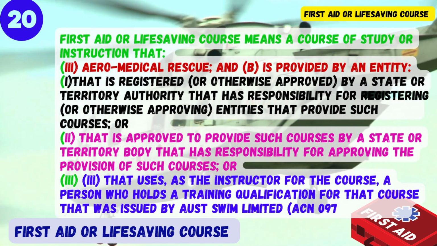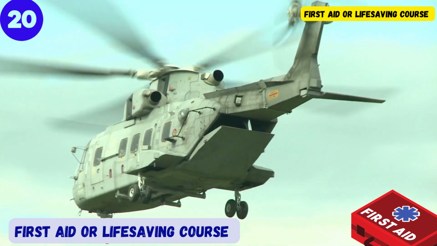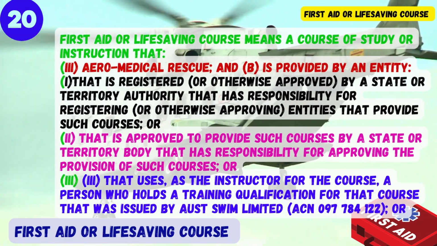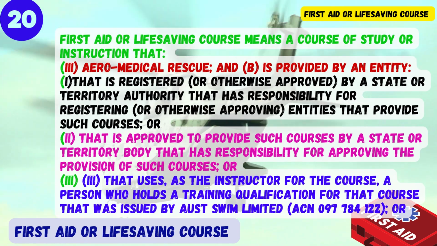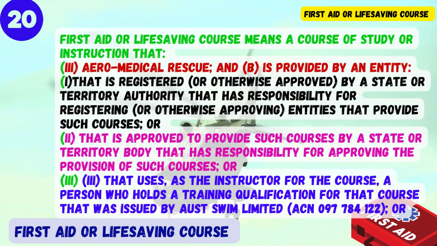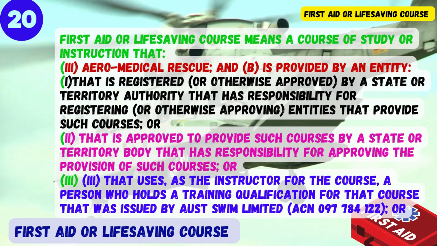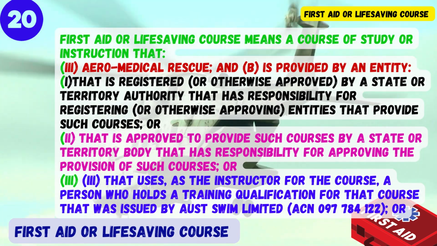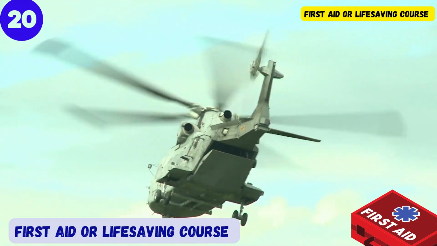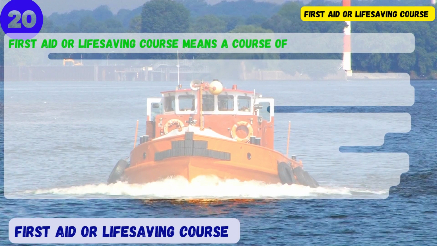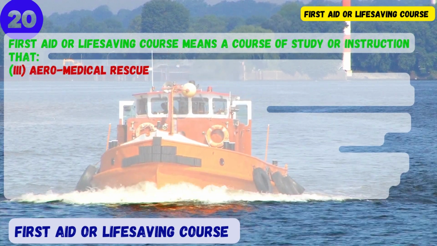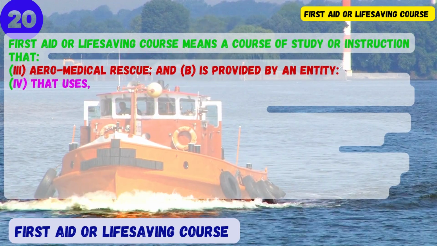Or 3. That uses, as the instructor for the course, a person who holds a training qualification for that course that was issued by OSSWIM Limited, ACN 097-784-122. Or 4. That uses, as the instructor for the course, a person who holds a training qualification for that